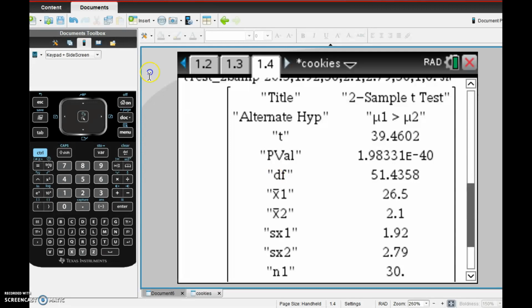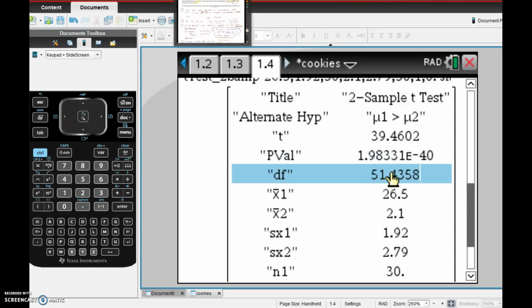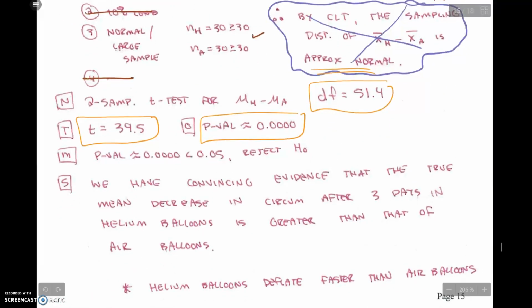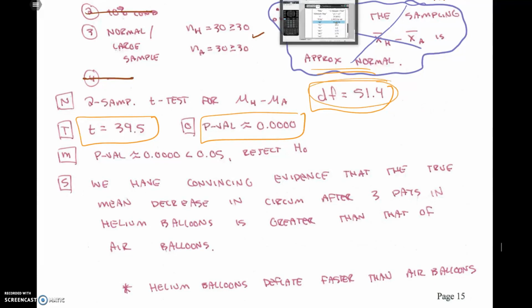Degrees of freedom, 51.4. Don't forget to put that on your paper. That'll cost you a point on my test. And I think on the AP, I'm not real sure. Depends on the rubric. Test statistic,